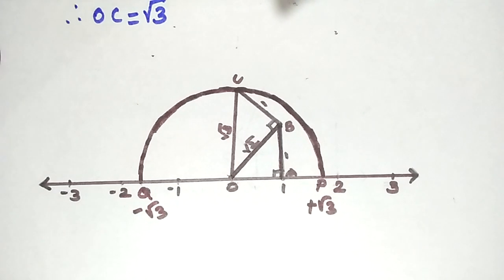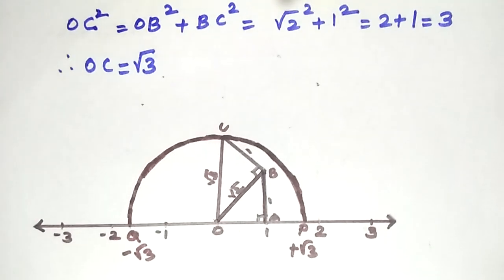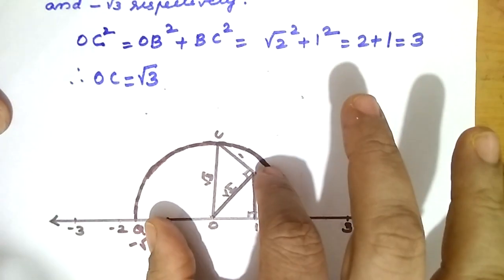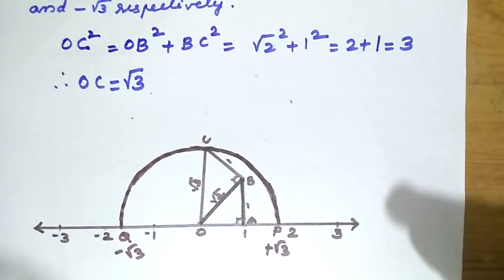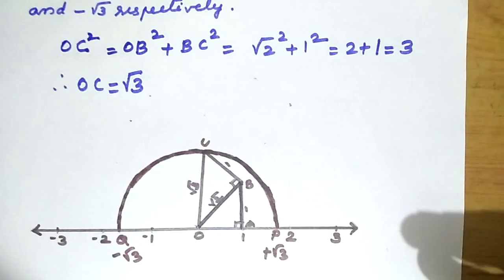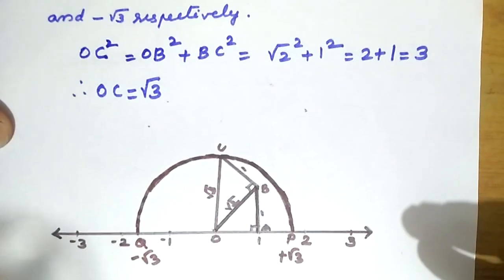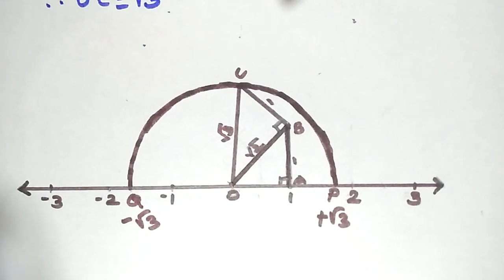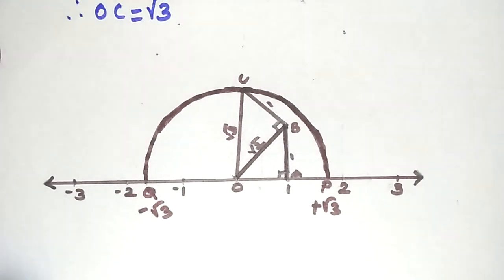There is no need of showing step 1, step 2, step 3 like that. You need the final diagram like this. This is the only diagram you have to draw. I have split it into step 1, step 2 like that for understanding purposes. You have to complete all the steps in one diagram only. I hope it is clear.